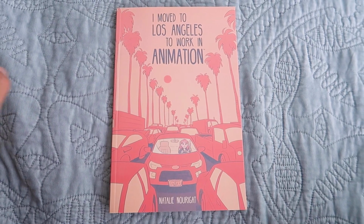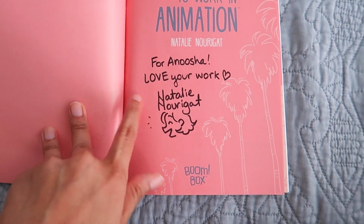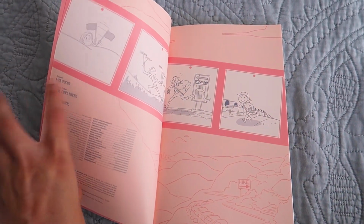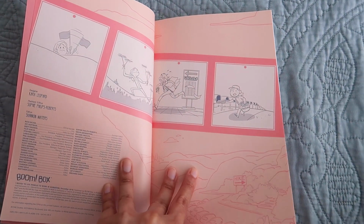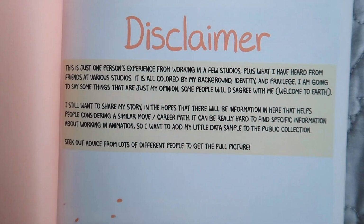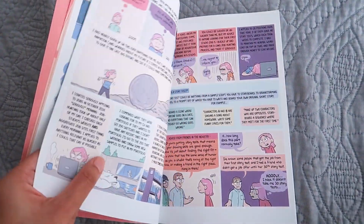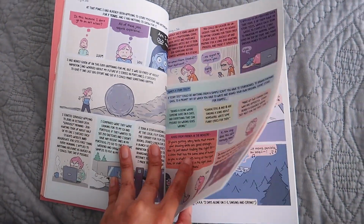And lastly, we have I Moved to Los Angeles to Work in Animation by Natalie Nourigat. Natalie is a super cool story artist working at Disney, and I got this book from her while I was at CTN or Lightbox Expo, I cannot remember, but she's really cool. Originally this graphic novel that she made was, I think, available on Gumroad, and then eventually she published it as a full mini zine graphic novel with a few extra pages,